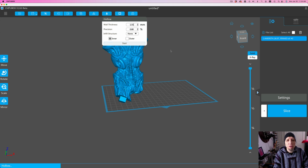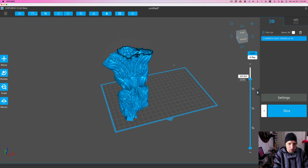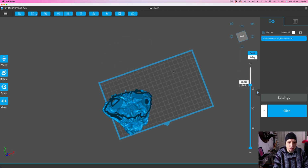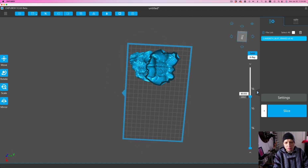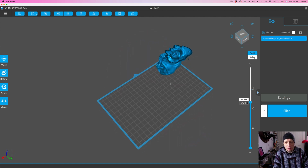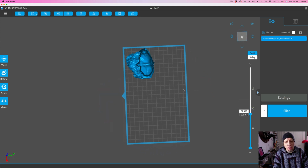And then you just hit the start button, and then it will start to hollow, and you can see it. This is kind of cool. You can see it as it goes down, the hollowness. I really like this. It's neat to watch too. So first I'm going to hollow it out,